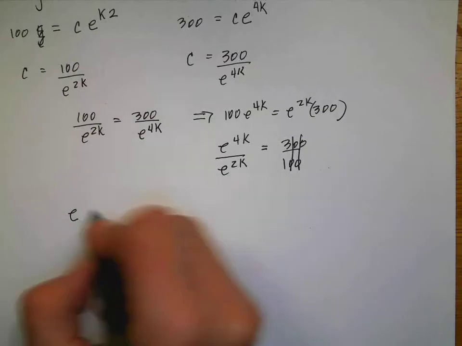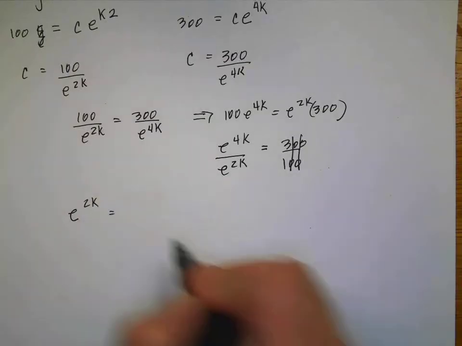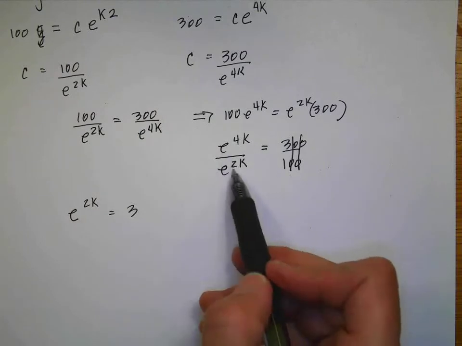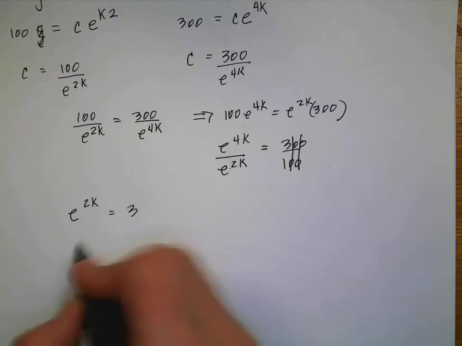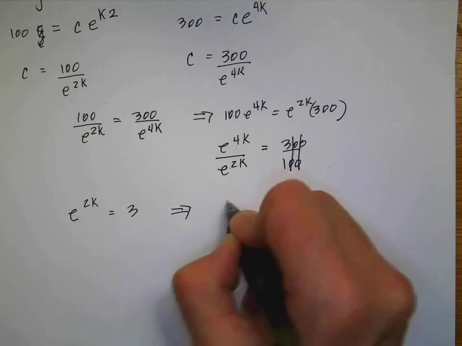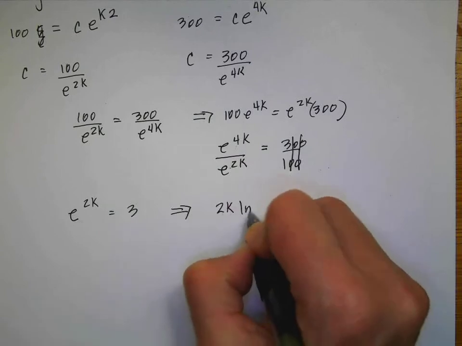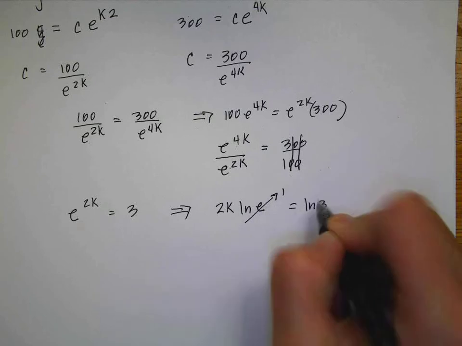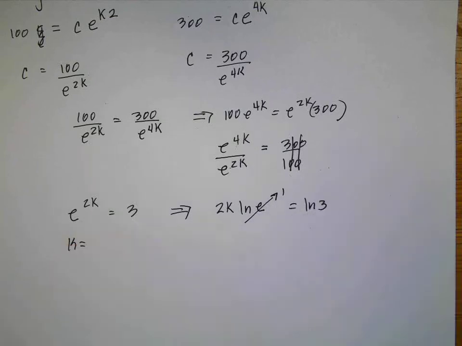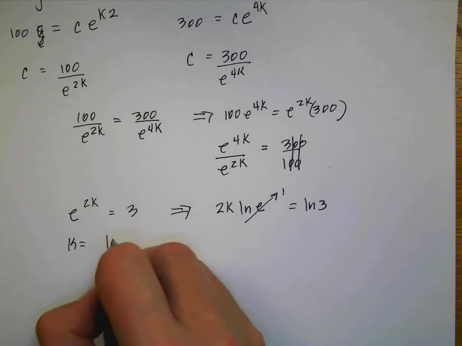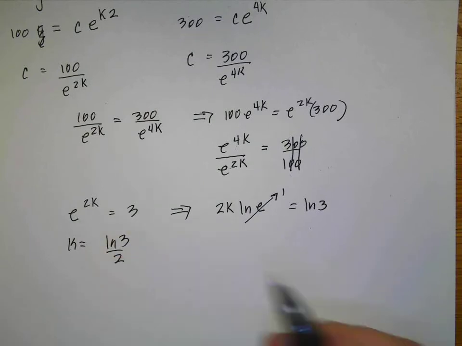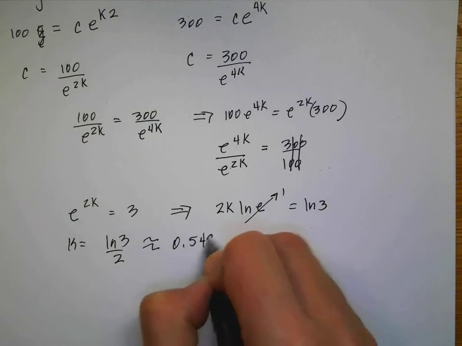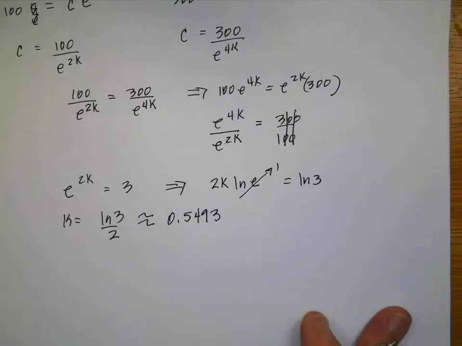Sorry, I'm kind of jumping all around. e to the 2k is equal to 3, because laws of exponents say that I subtract. Take the natural logs of both sides. 2k natural log e, which goes to 1, is the natural log of 3. k is equal to the natural log of 3 divided by 2, which is about